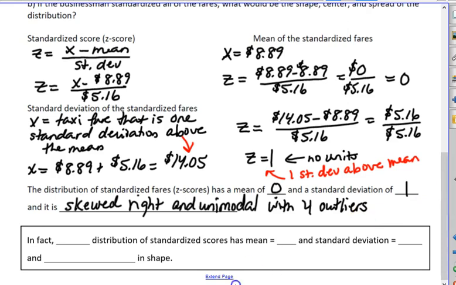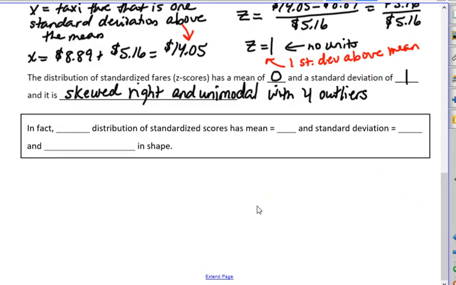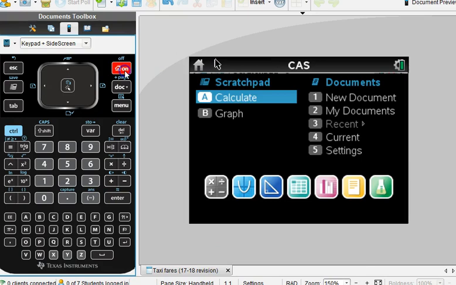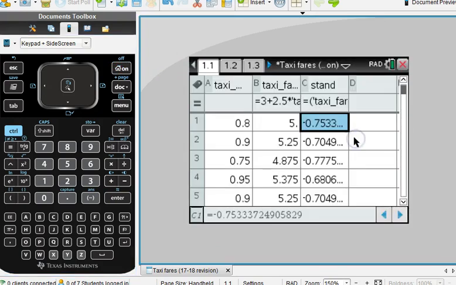Now, in general then, we can say any distribution of standardized scores has a mean of 0, a standard deviation of 1, and no change in shape. This is an important result. I want to go ahead and look at the calculator just briefly and show you that actually that all is true. So if I go to my calculator here and I go to my document that I'm in, current document,